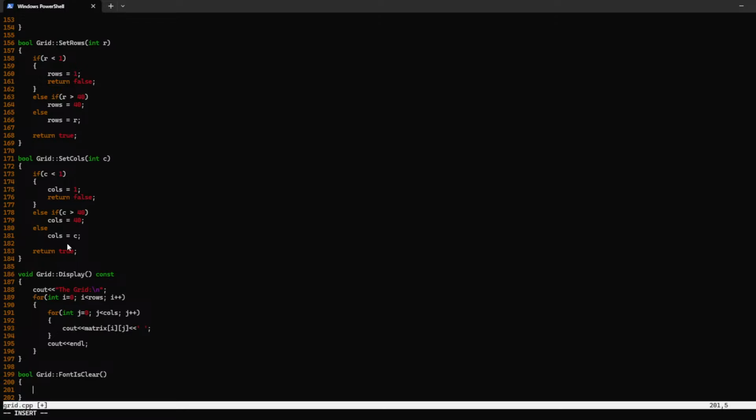All right, so let's see. Back to the function. Return an indication of whether the space is clear in front of the mover. So I've got to take into account